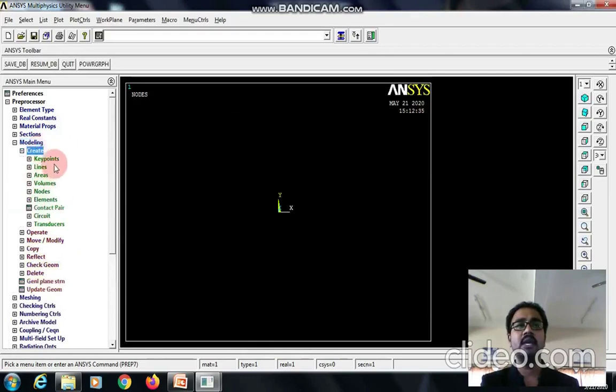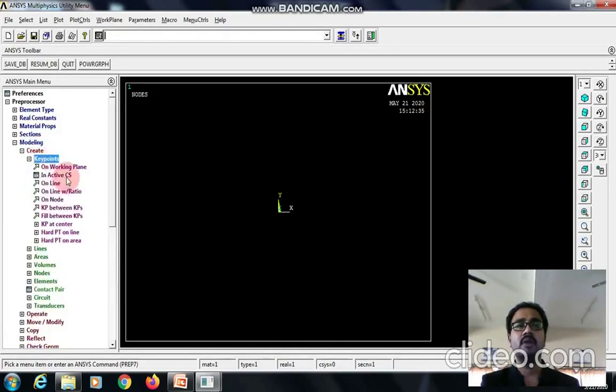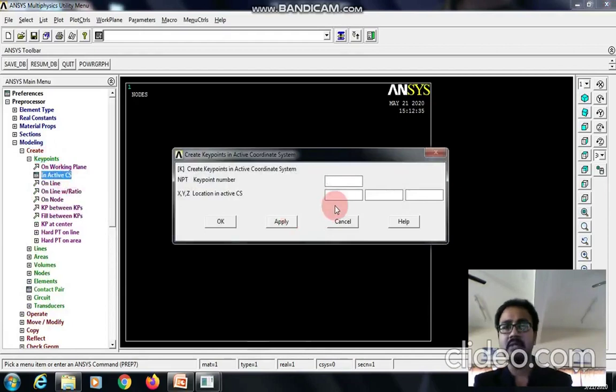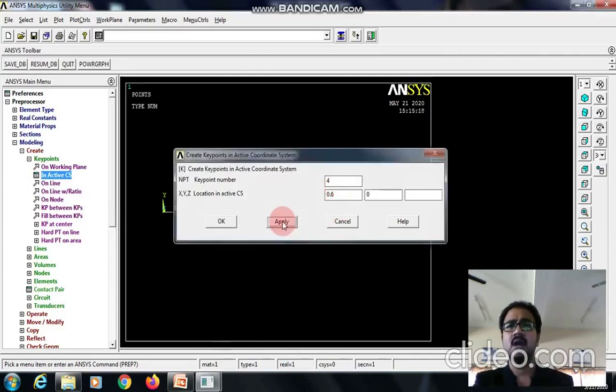I'll be creating key points for recreating the geometry in the active coordinate system. Let me consider key point 1 as the reference, and for key point 2 the coordinates are 0.30, apply. Then the third point is 0.45, apply. Then the fourth one is 0.6, apply.